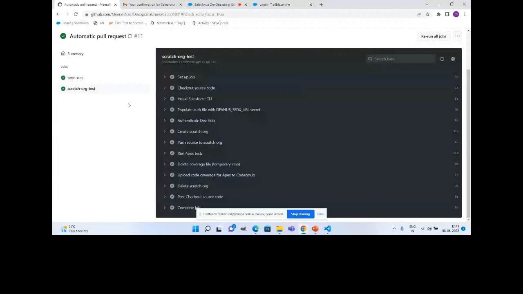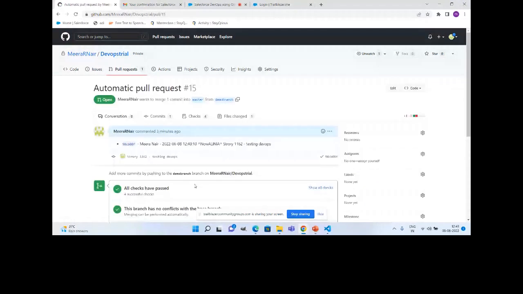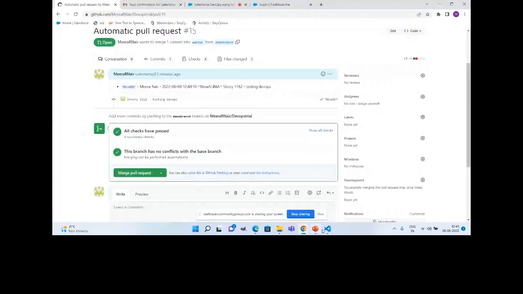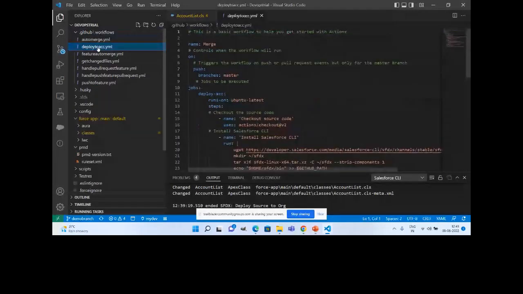Now someone should go ahead and actually approve this pull request. But before approving the pull request, let us see what actions are going to get executed once we have this pull request approved. For that, I have got another file, or another action, called deploy to ACC. This is my file. So this is going to happen on a merge operation, but merging also means GitHub is automatically treating it as a push operation only. And so it is on push to master branch.